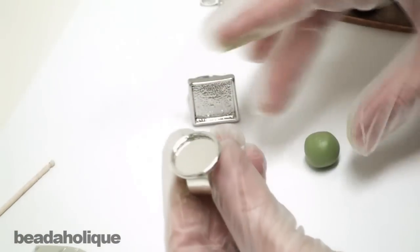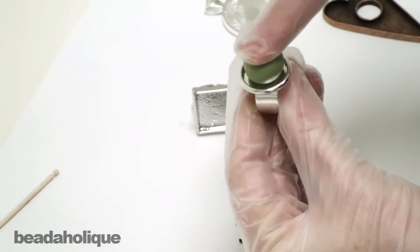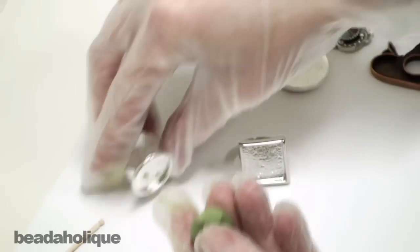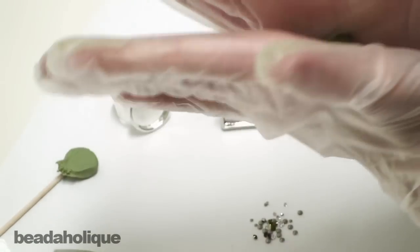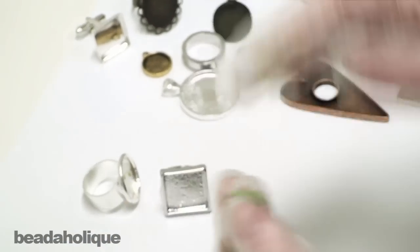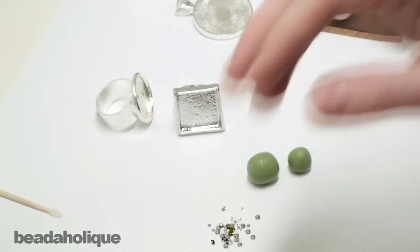So now that I've got my ball, I'm going to put it in the center of my ring. Once I put it into this ring setting, I can tell that it looks a little bit big, and the beauty of this clay is you do have a lot of work time. So it's sticky in there, but I could still remove it. I'm going to pinch it, create a smaller ball, and then what I'm going to do with my extra is create another setting with it so it doesn't go to waste. There we go. Take off my gloves,